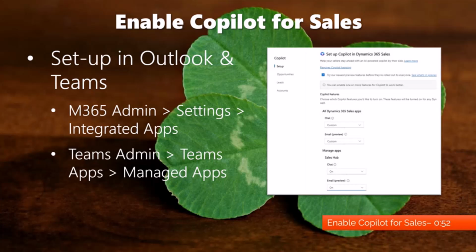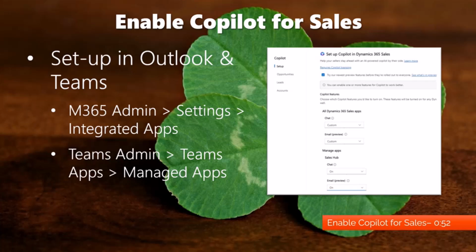So quick demo there, kind of highlighting that before and after of enabling Copilot for Sales and the different places you have to go to in order to do them. As you can see, the settings do live in a couple different places. So if you're not seeing the expected features, be sure to check not only if Copilot is enabled within the M365 admin dashboards, but that it is also turned on in the specific product admin dashboards like Teams and like Outlook to make sure you're getting the most out of that cross collaboration and the cross functionality between the different